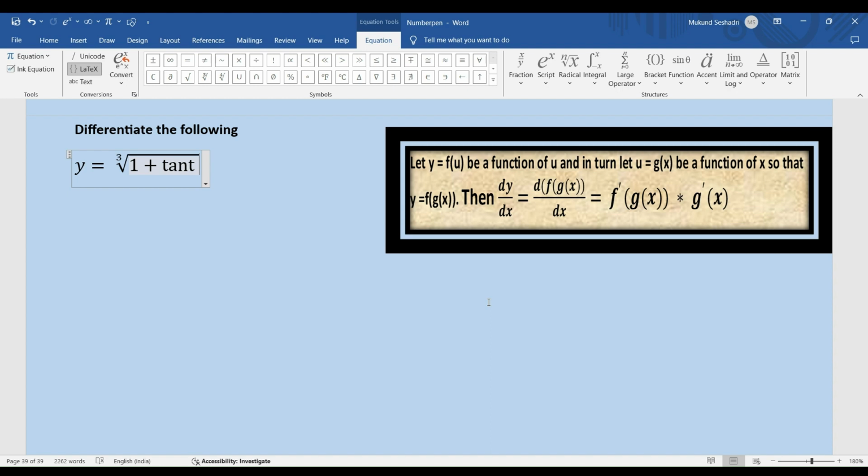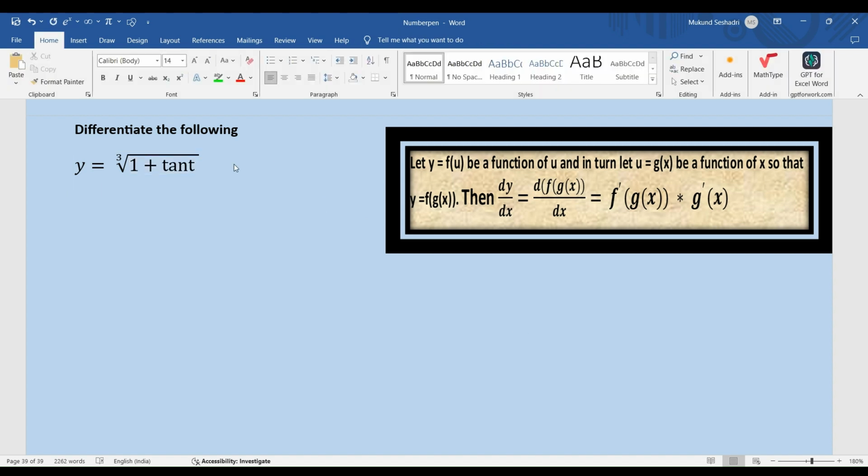So in this particular case, we have cube root of 1 plus tan t. I'm familiar with the derivative of cube root of x from first principles, where I apply d by dx of x to the power n. And I'm also familiar with the derivative of 1 plus tan t. So if I make the substitution 1 plus tan t equals u and then solve this problem using the chain rule,